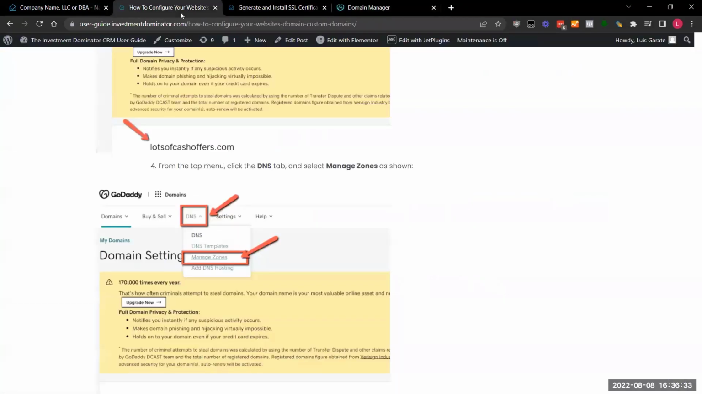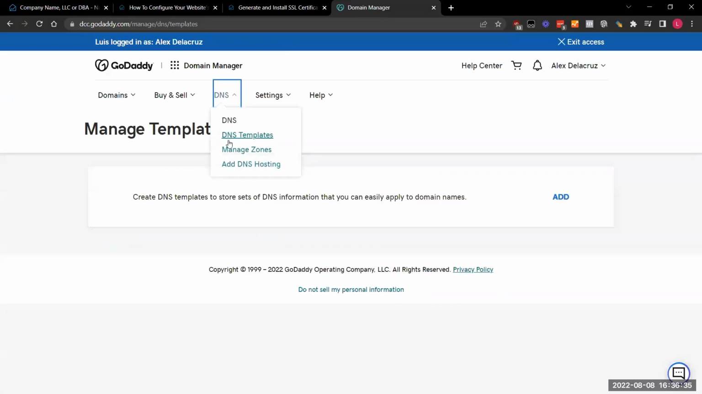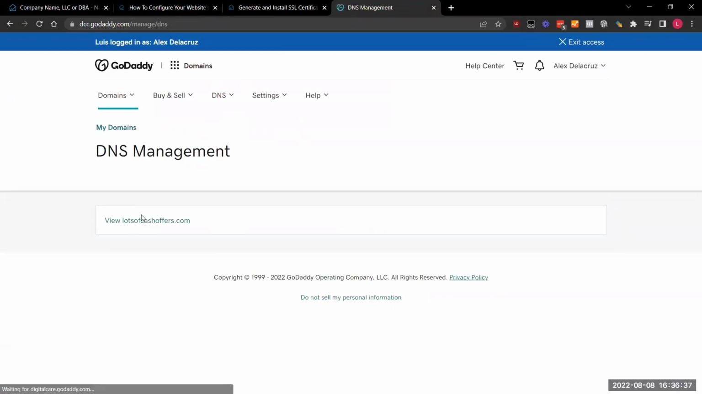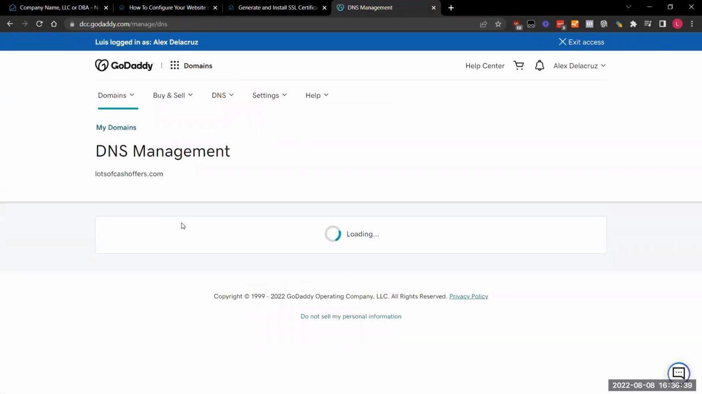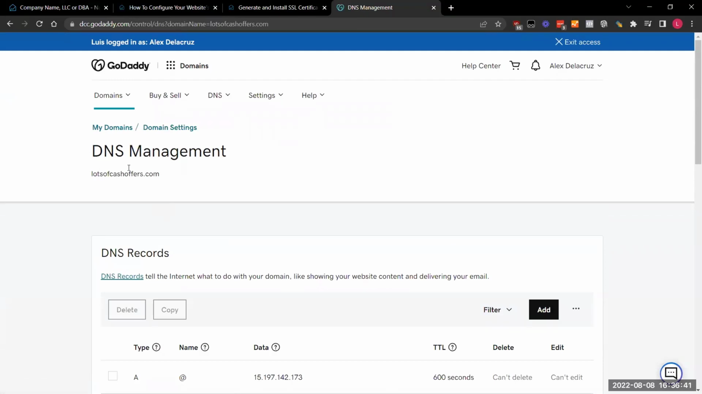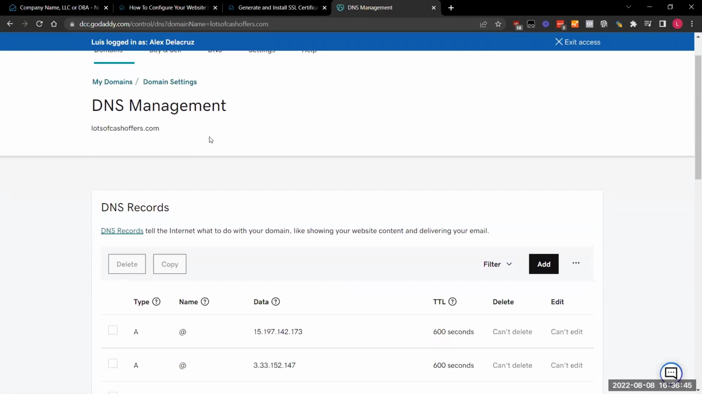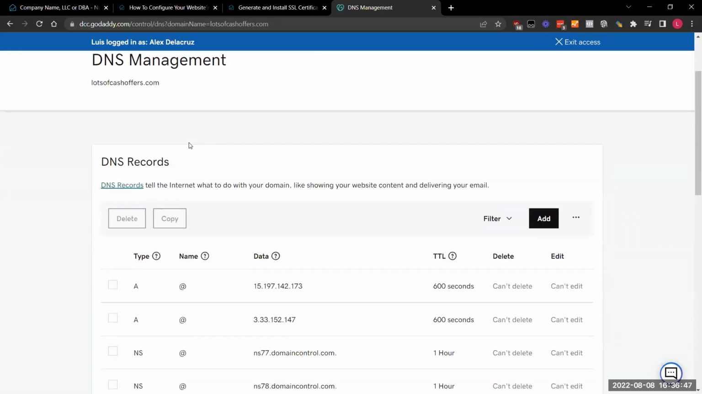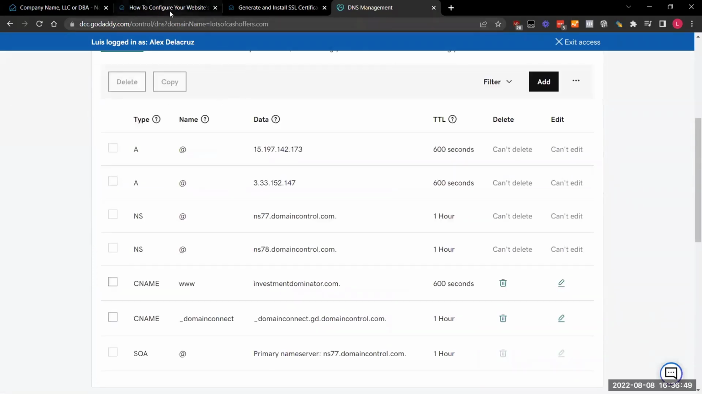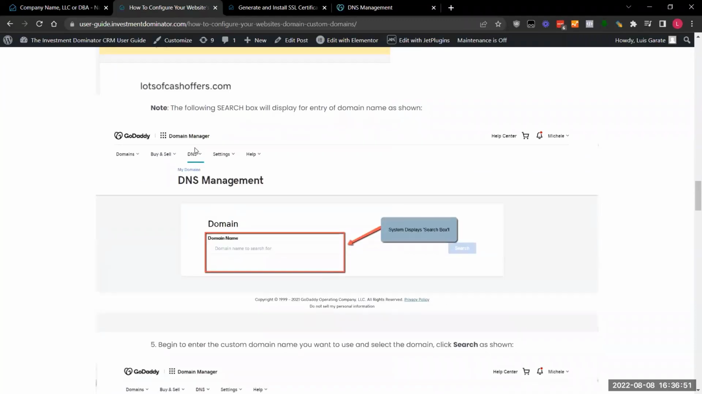Oh, okay. I'm sorry. You have to click on this. It's because you can have many websites. So you want to click on the website, of course, and then the first thing you want to do is going to be